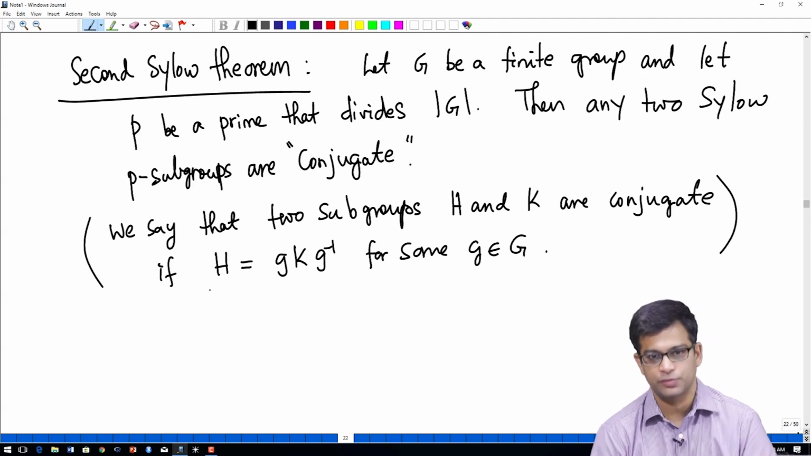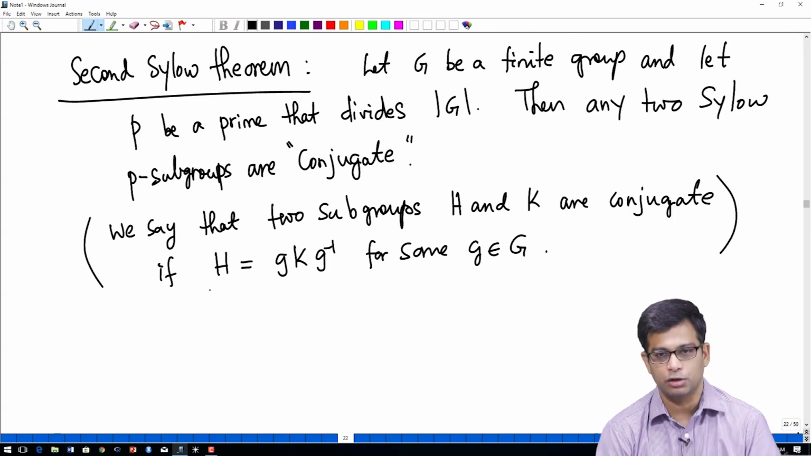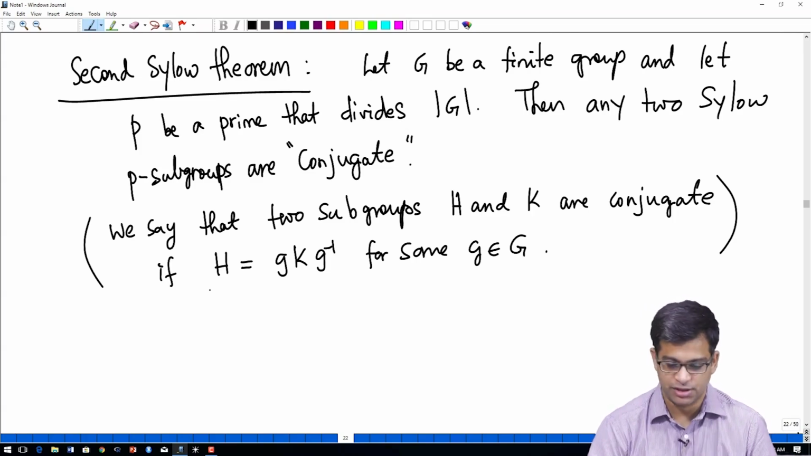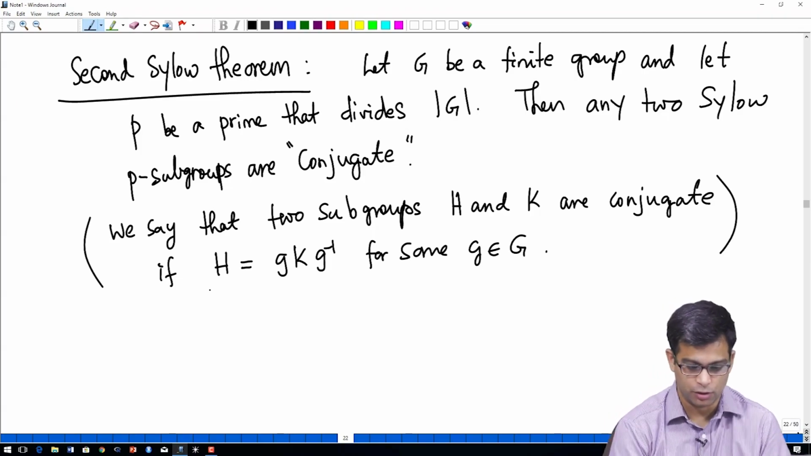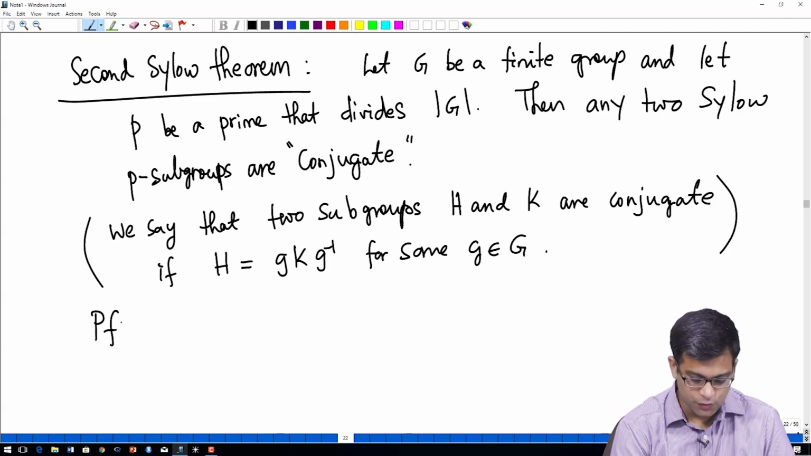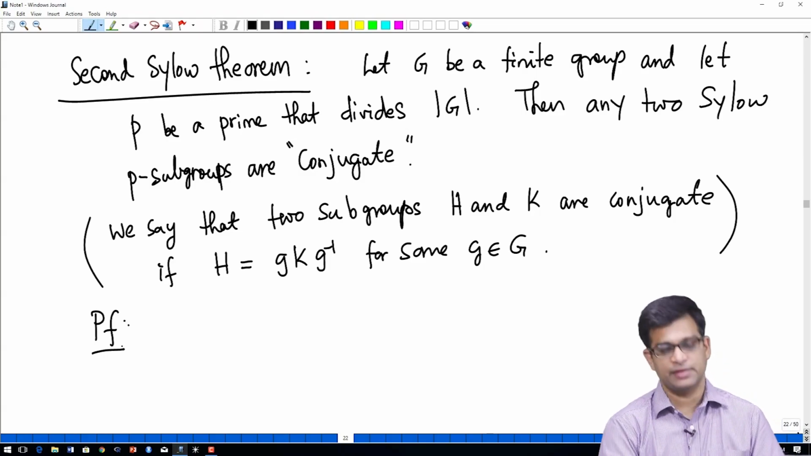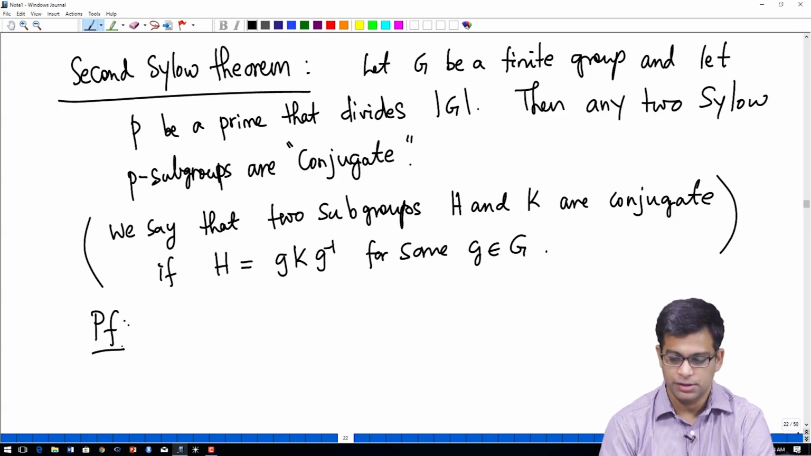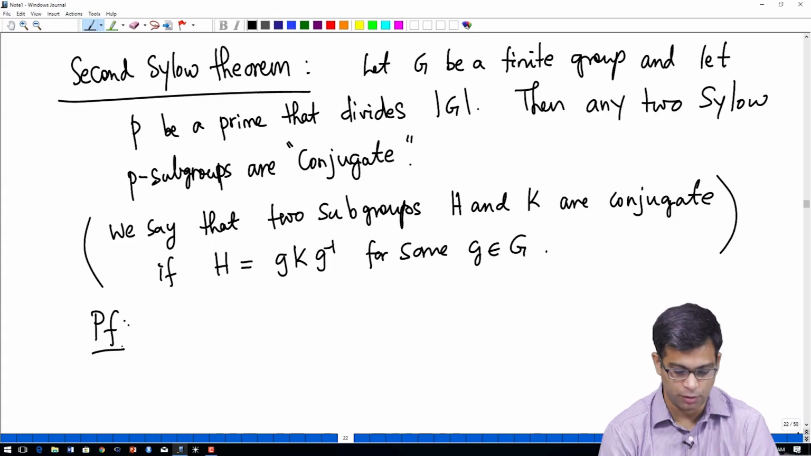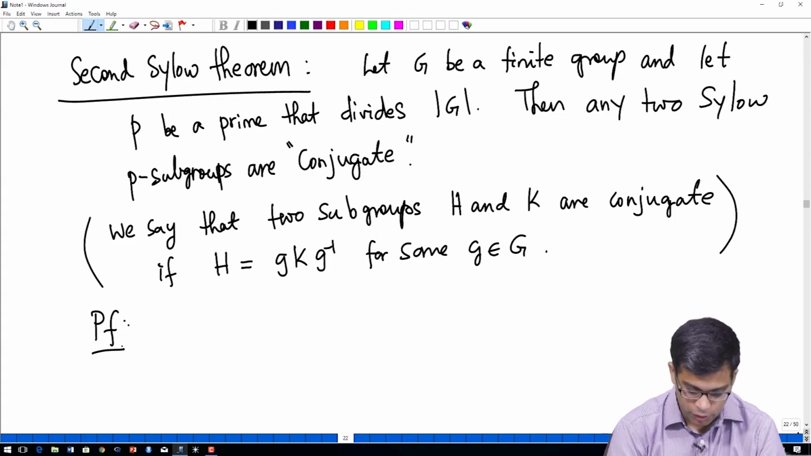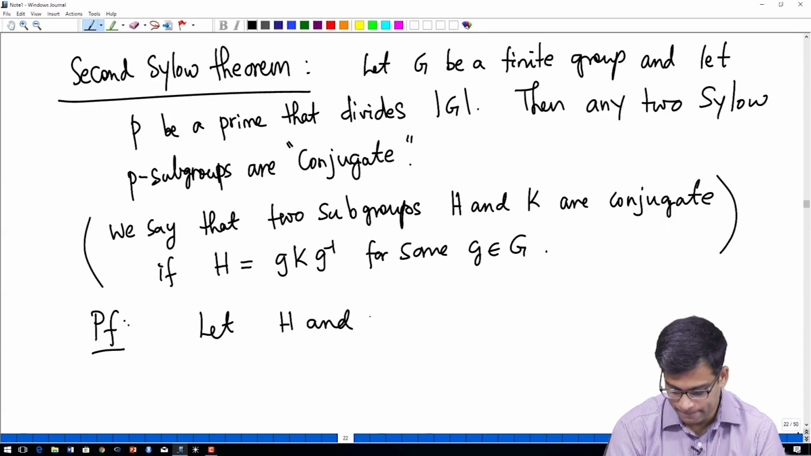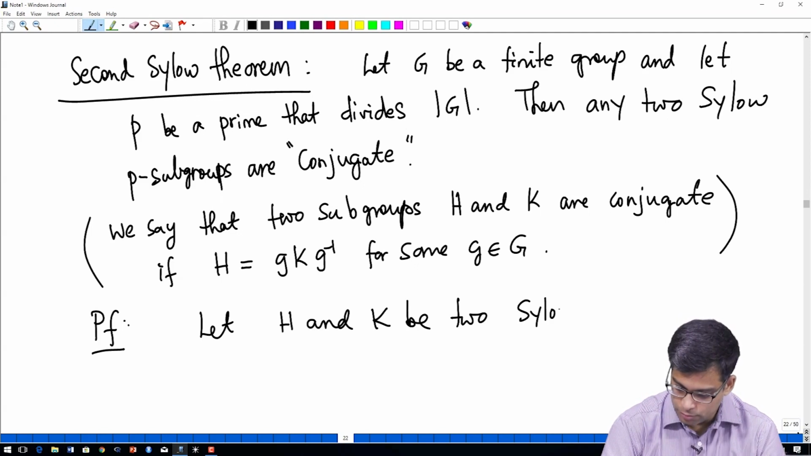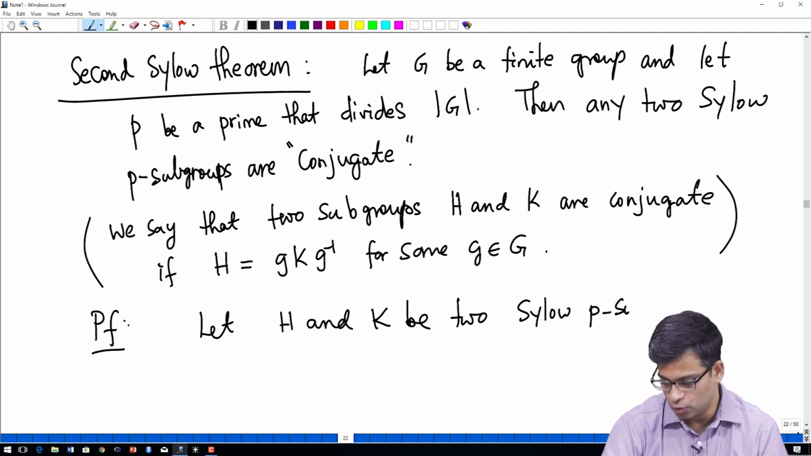So, all the Sylow subgroups in other words are conjugate, because conjugation is an equivalence relation. If H1 and H2 are conjugate, and H2 and H3 are conjugate, then H1 and H3 are also conjugate. And as we will see later in applications, this is a very important statement, that Sylow P subgroups are always conjugate. So, let us go ahead and take two Sylow subgroups, let H and K be two Sylow P subgroups